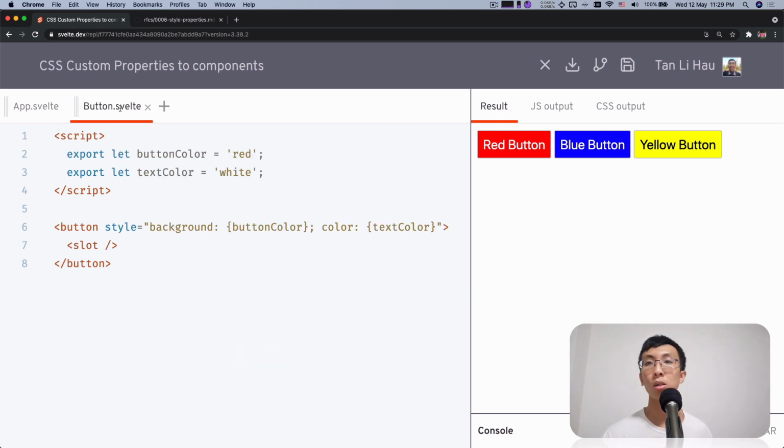Because if you take a look at the code in this button component, you will see that it allows 2 props, a button color and a text color, and there's some default color. So the default will be the red color and the default color for the text will be white. And we're going to use these 2 values in our style attribute. So the background is using the button color and the color is using the text color. So all good. I would say that this is one of a good pattern for you to allow